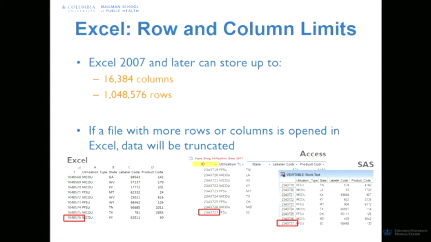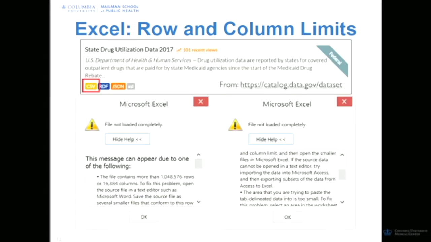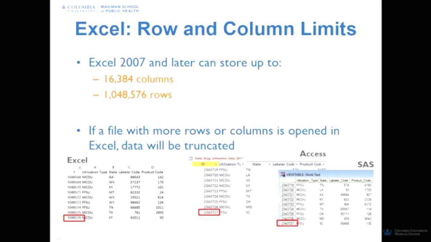So I went to data.gov, I believe it was, to see if I could find a data set that had more than 1,048,000 rows. And I found one. On the next slide, you can see where it was. It's the state drug utilization data. I downloaded the CSV file and went to open it in Excel. So here's the end of my Excel file,